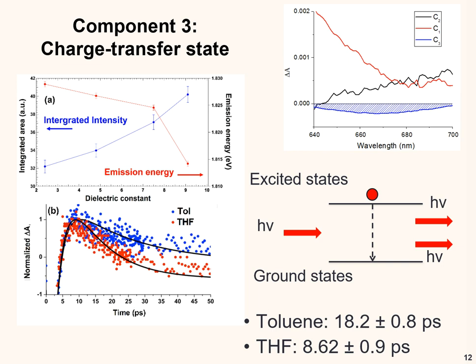However, in order to prove there is a charge transfer state, we have to put this molecule into different solvents, because polar solvents around the charge transfer state will stabilize it and make the energy gap closer. By changing the dielectric constant of the solvent, we saw that with a polar solvent, the emission energy shifts to the red, which makes sense because the energy gap is closed. Also, the intensity increases because it's stabilized. This is only spectral information, but the dynamic information tells us the same story.